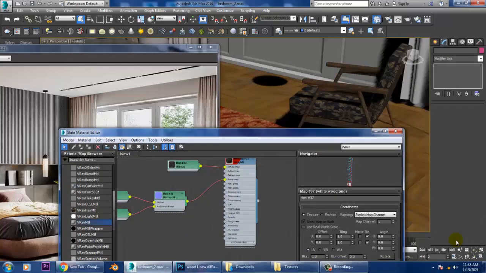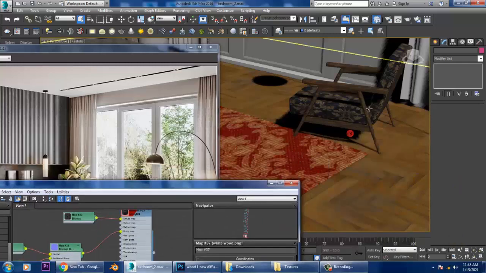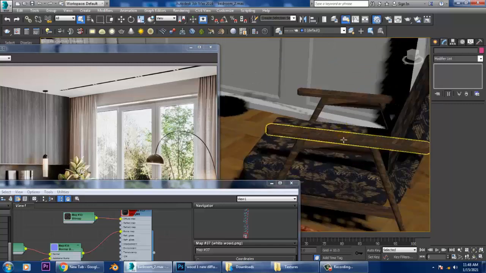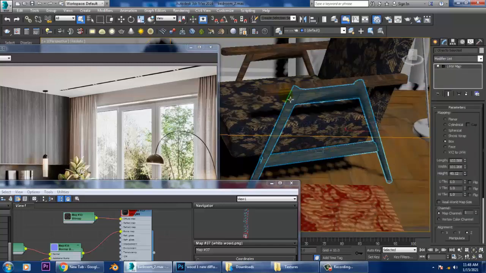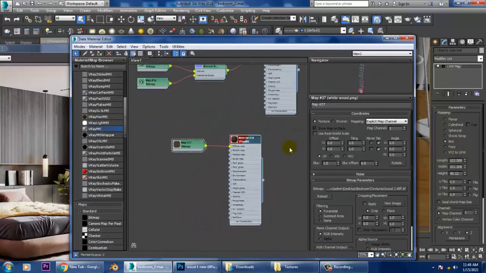So now what we have done is I'm going to just texture this. As you can see, I have assigned a wooden texture over here. That's your wood 2 diffuse.